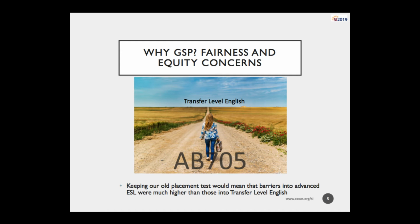So if we had kept our old ESL placement test, what that would have meant is that students coming into the college could walk into a transfer level English class and register, but they could not walk into the advanced level ESL class and take it if they chose to, or even the third or the second level of ESL. So it would mean that our barriers to higher level ESL classes were far more strict than the barriers to transfer level English, and we had significant concerns that that would lead to students taking transfer level English, even if they would have benefit from more linguistic study in an ESL class, simply because they didn't want to enter at the lowest level of our program,